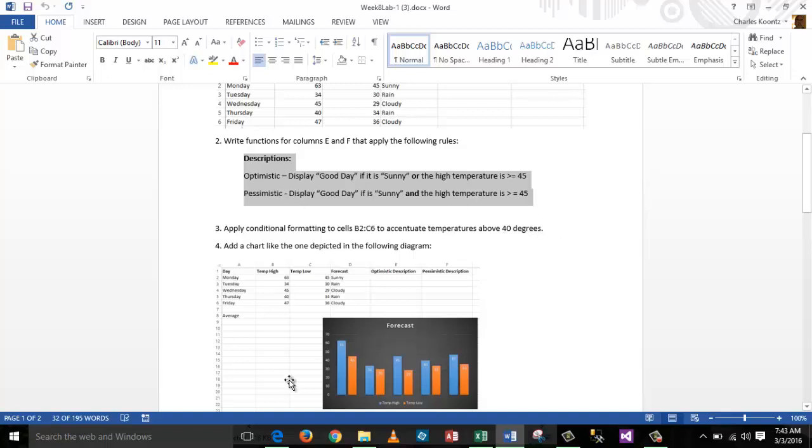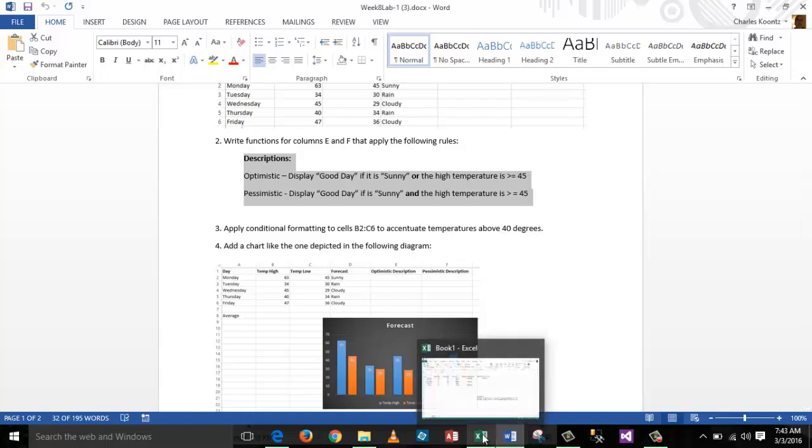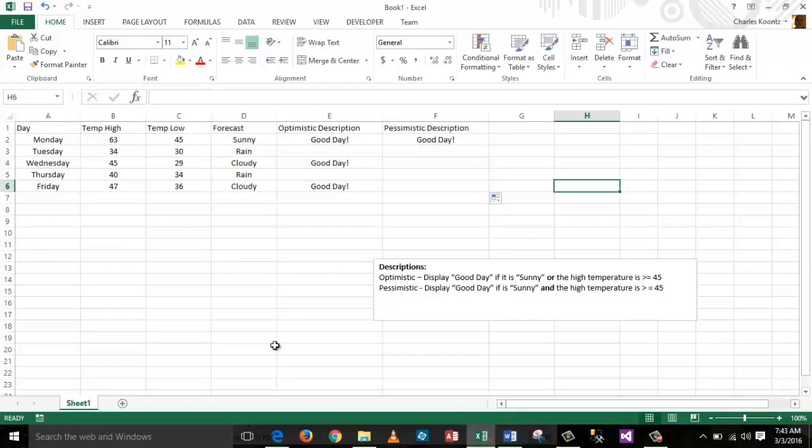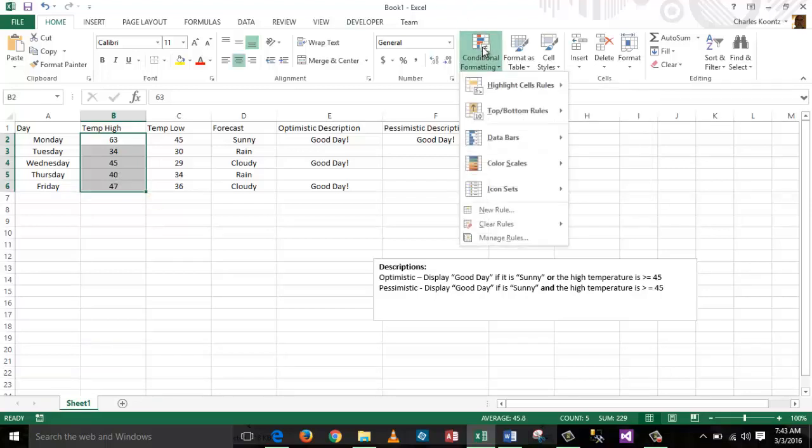Okay, so let's go back and do that. And the first thing I'm going to do is highlight the range of data in column B that I want to apply the conditional formatting rule to. I'm going to go to conditional formatting, choose new rule,